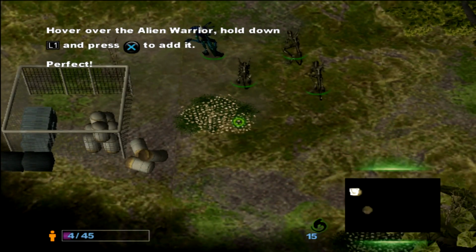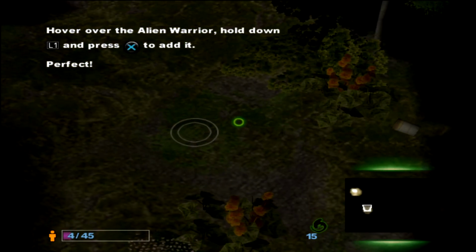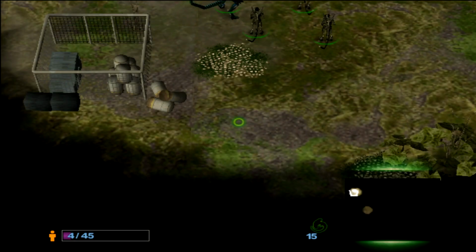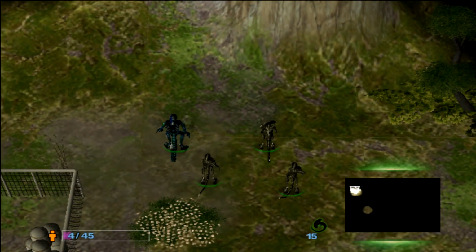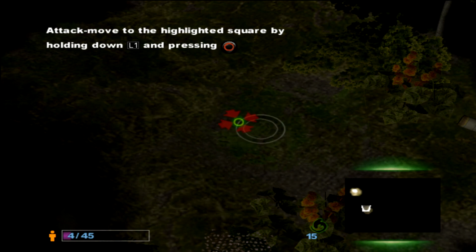Perfect. Standard unit movement is covered in the basic tutorial. Now let's look at attack move. This command tells your units to attack any enemies they come across while moving. An area has been marked on your minimap. Attack move your aliens to this area by holding down the L1 button and pressing circle at the marked position. Note that you can do this either in the gameplay or on